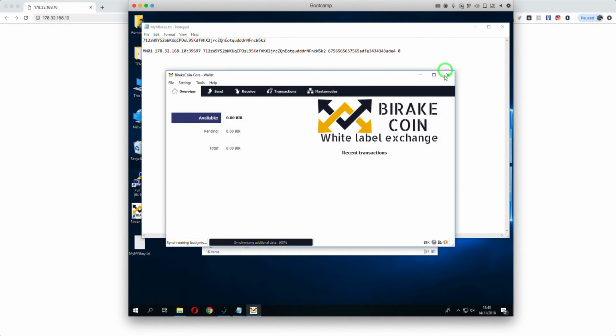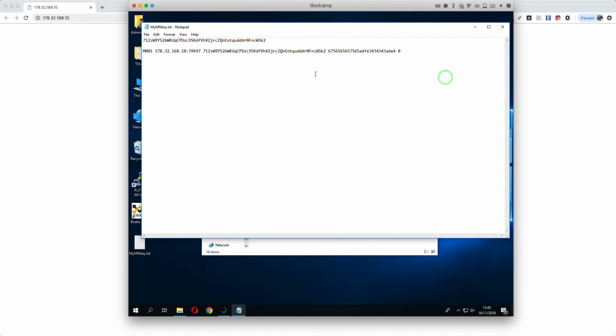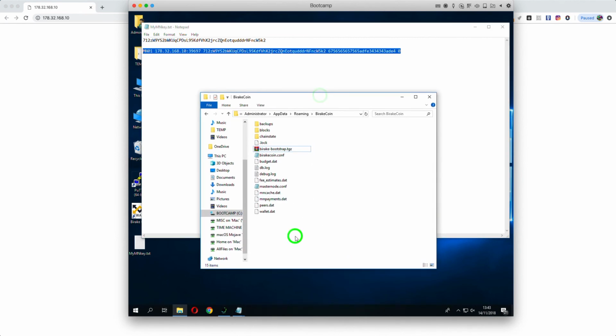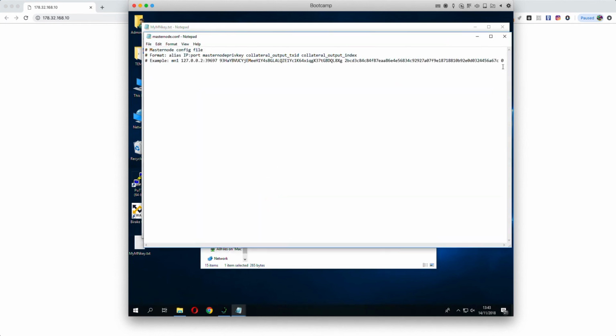Now we need to close the wallet yet again. And we highlight this string here. We go where we have our data directory. We need to open the masternode.conf file. And as you can see here, it says that we need to paste something and that has to look exactly as the example that you see here. So we paste our line,